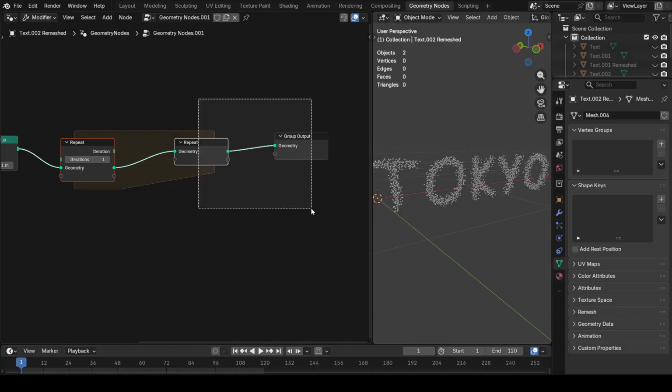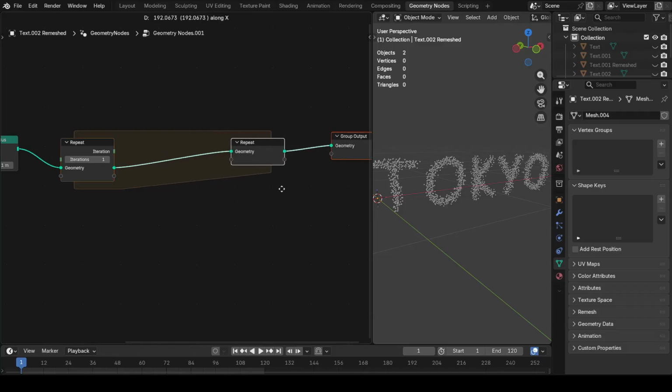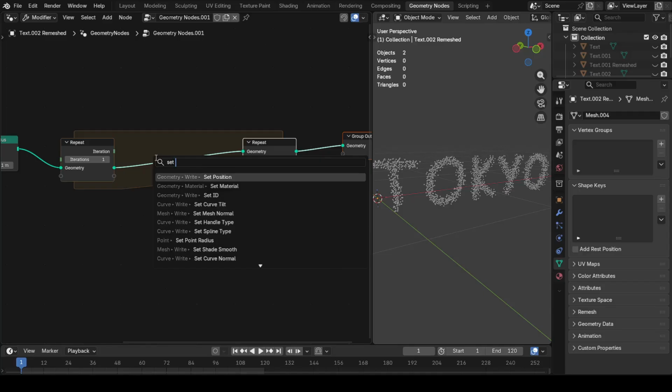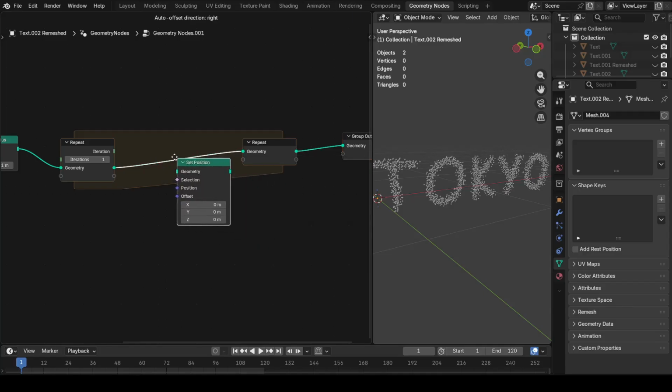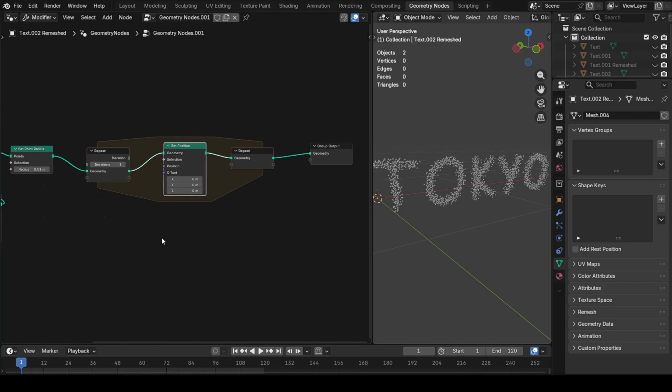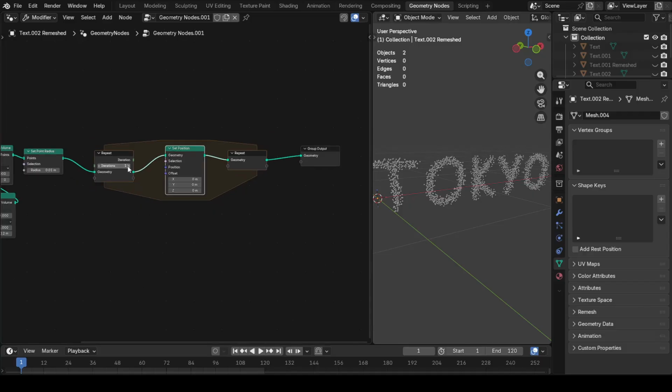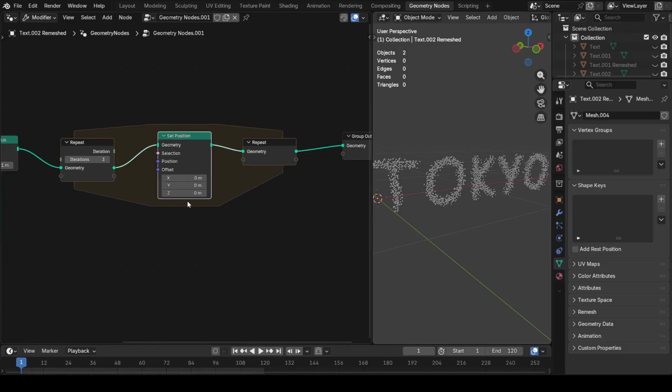Now in this repeat zone, I'll add a set position node. So if you increase this input iterations, it will perform the operation that is inside this repeat zone that many number of times. Okay, so let's say our number of iterations is 3 right now,